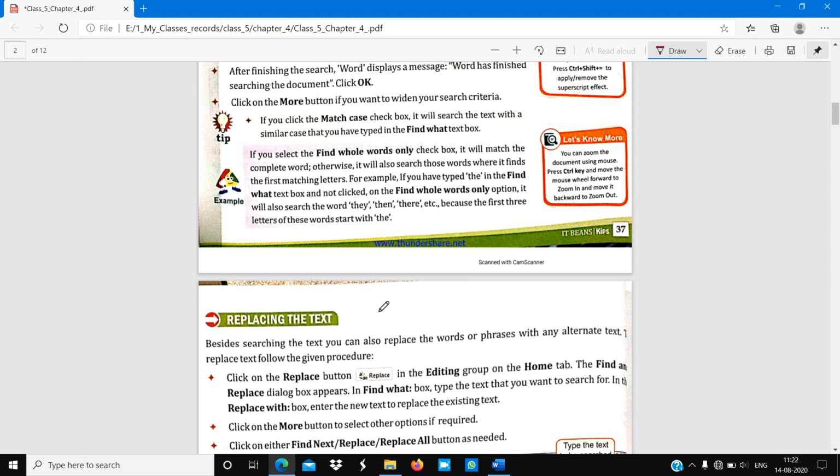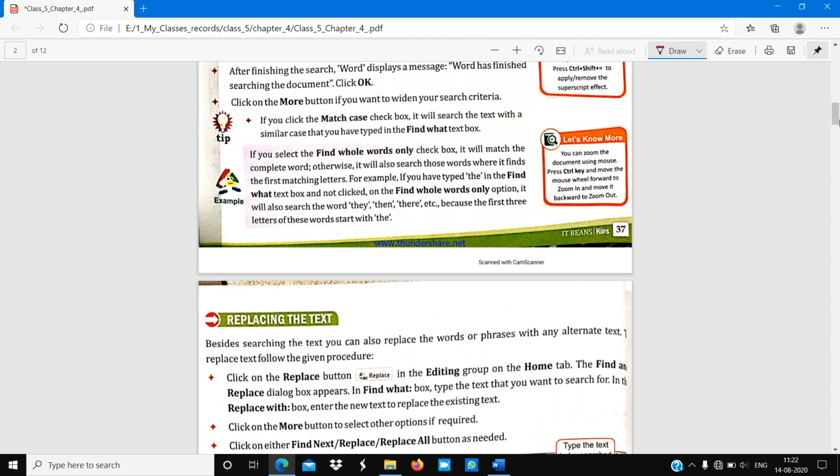So students, as you know, in our last classes, what have we seen? We started our chapter number 4, Features in Microsoft Word 2010. In that lecture, we saw how we can use Format Painter, how we can use subscript and superscript effects, how we can find and replace a particular word in a document, and how we can add a footer and header in each page of our document.